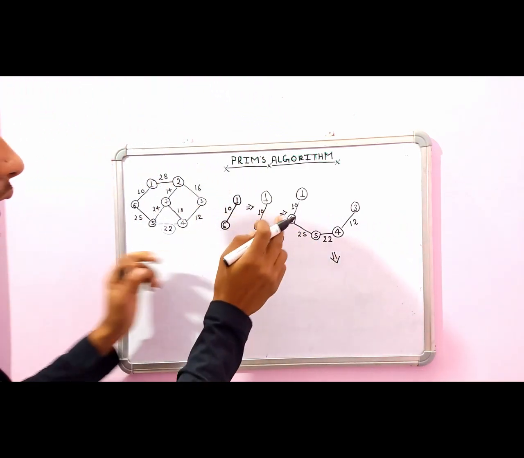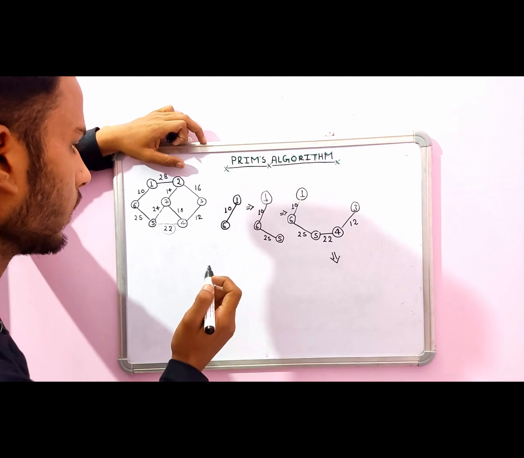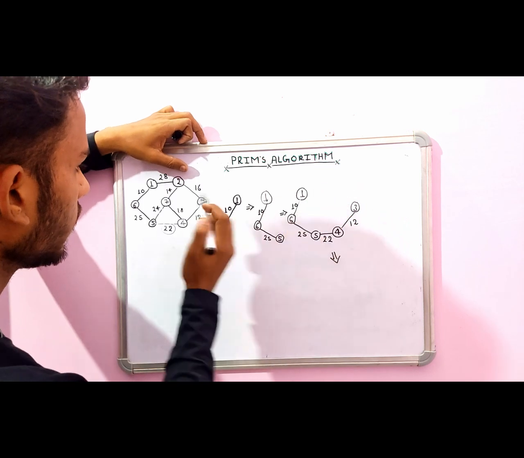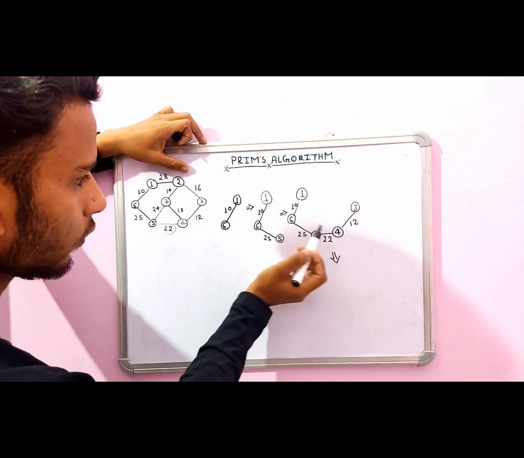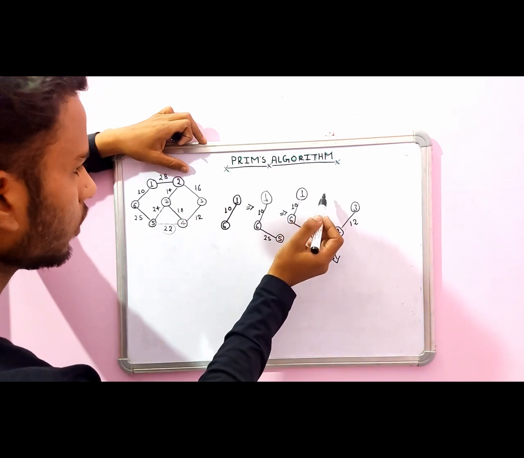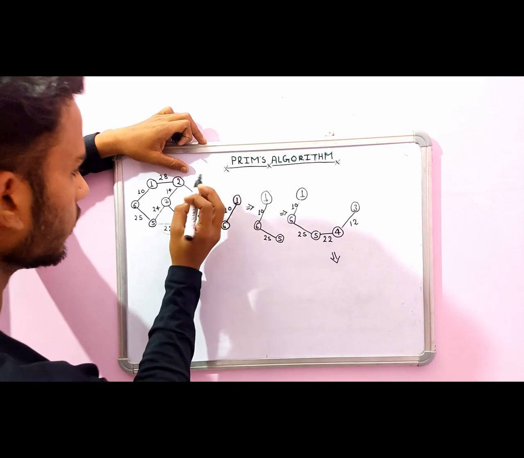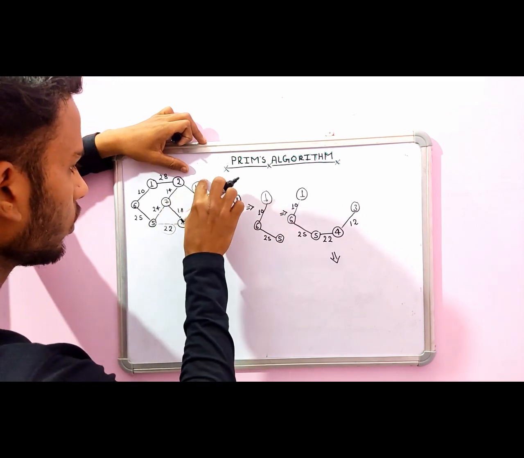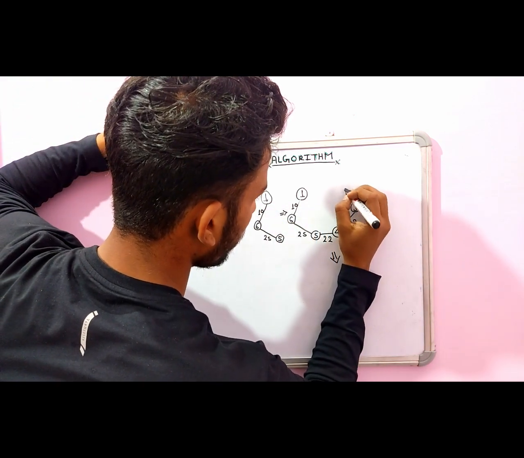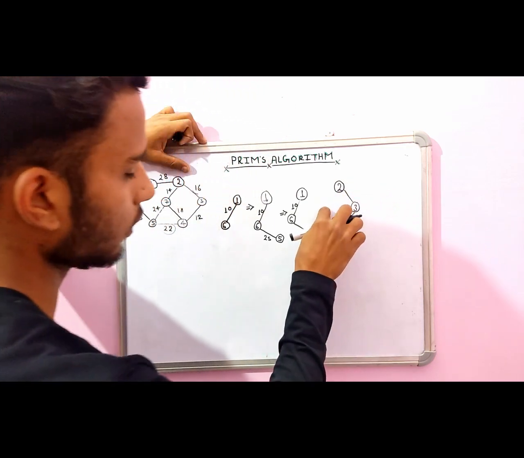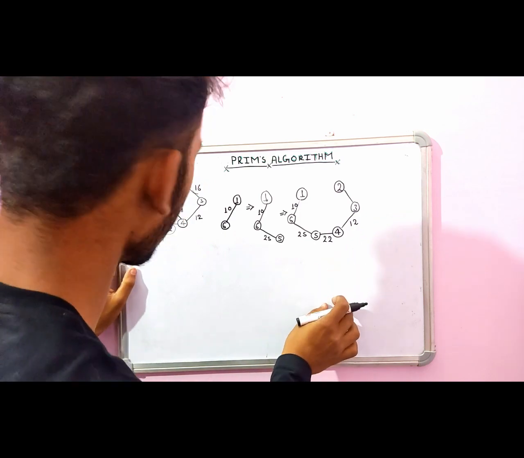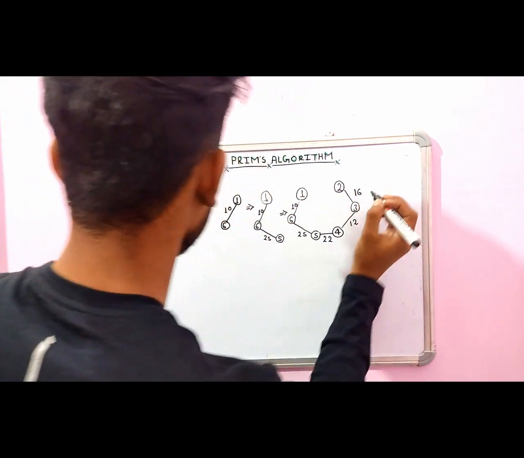Now we have to select an edge which has the minimum weight. So what are the adjacent edges? What are the edges left? From 3 to 2, it has the minimum weight 16. From 4 to 7, 18. From 5 to 7, 24, and from 1 to 2, that is 28. So we can only select this one because it has the minimum weight, 3 to 2. We select edge 3 to 2. I am doing it in only this one graph. You have to create a separate graph for each step. You have to show each step separately. Okay. 3 to 2 has weight 16.